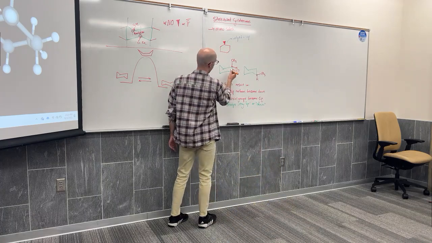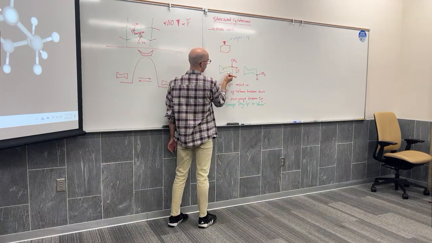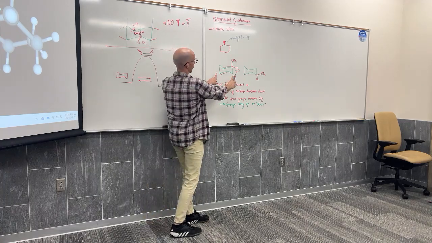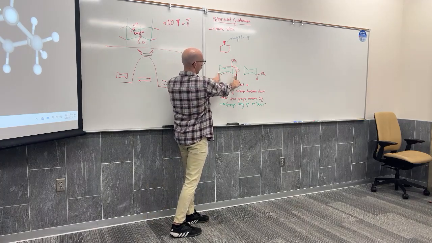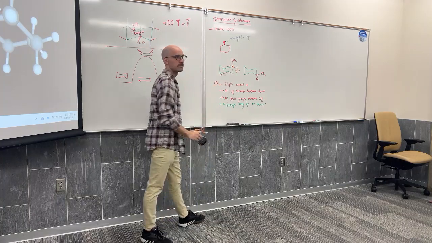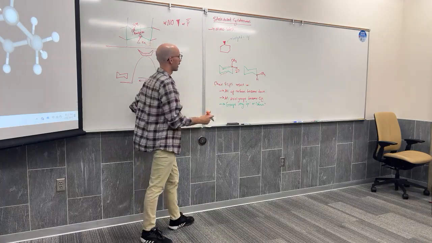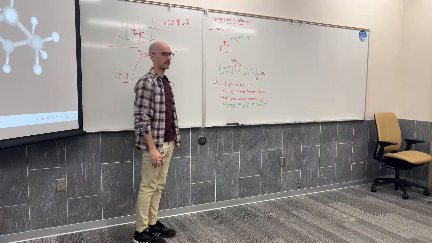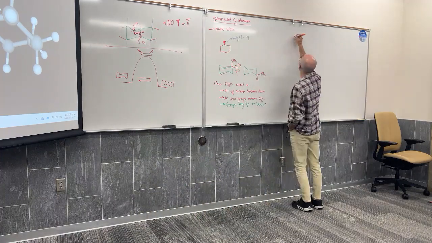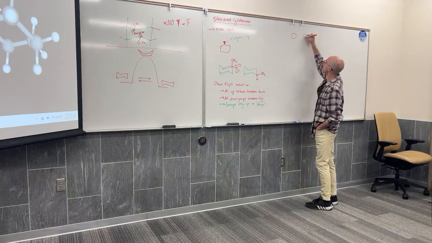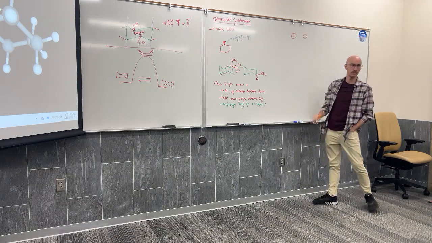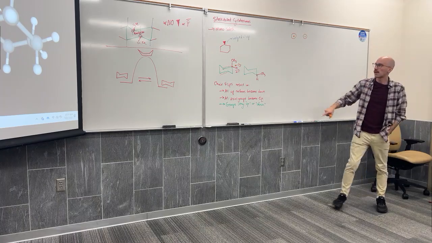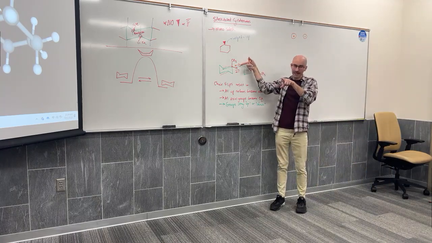So I'm going to sight down this bond and this parallel bond. I think you guys would agree that I could have sighted down these parallel bonds as well. But I'm going to do it this way, and I'm going to take my perspective from this side. Two Newman projections. Two little eyeballs. On the right-hand side,